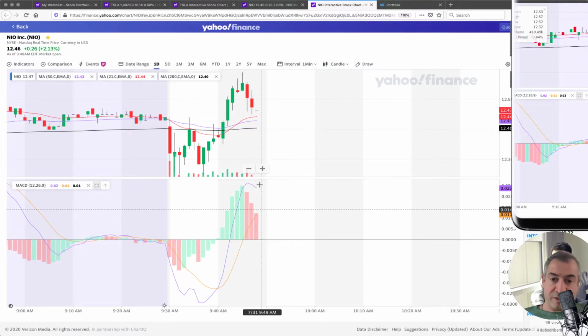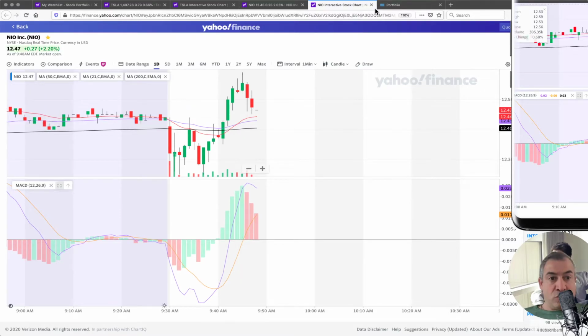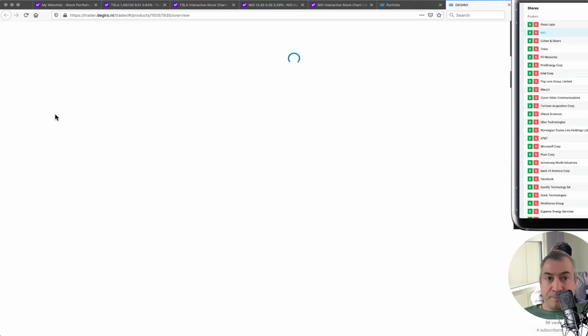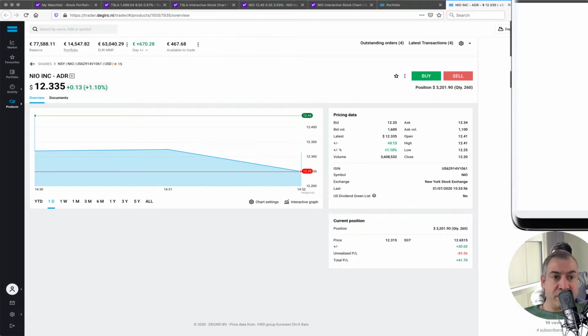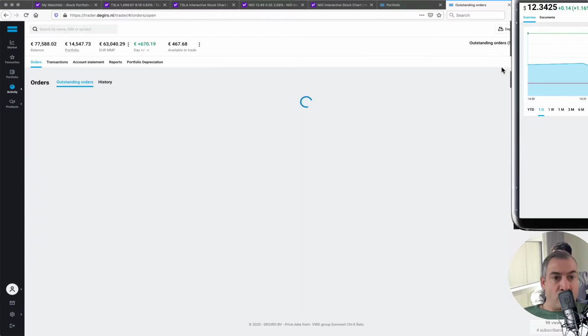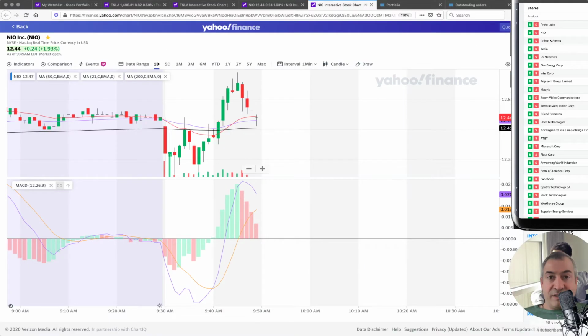I mean, it could still go up. It didn't cross, so we could put an order to sell at 12.55, let's say, and we could sell half of the shares. So sell 130 at 12.55, day order, place order, and confirm. We view the order and we keep an eye on the range in which it's trading at the moment. That's really good information because sometimes the range is a lot bigger. Now there's not too much margin here, but you see it just went up 1 cent, so that means it's still going up,